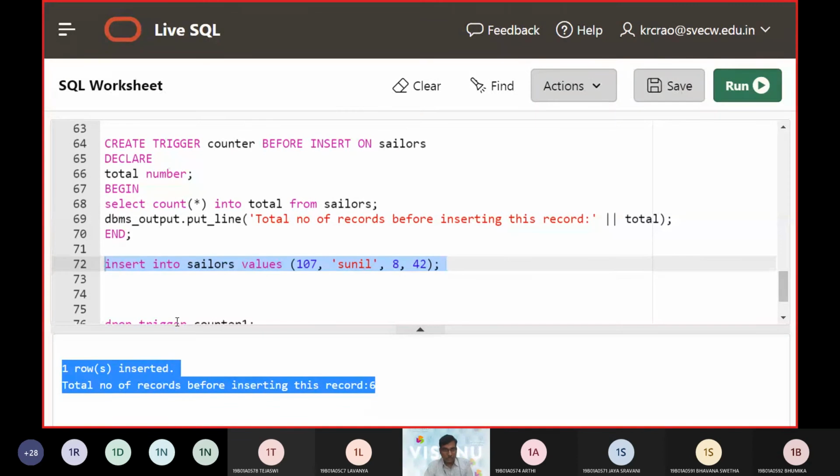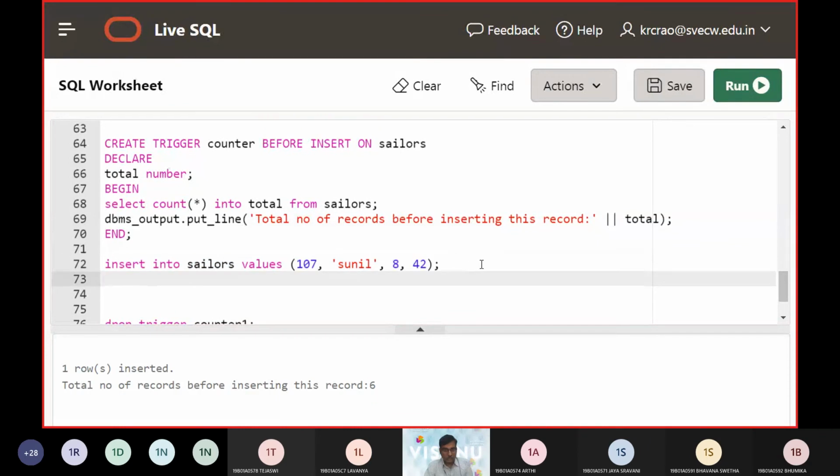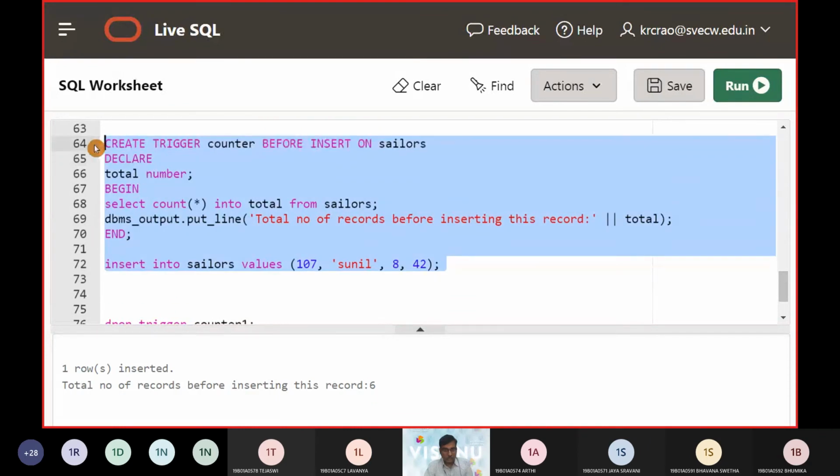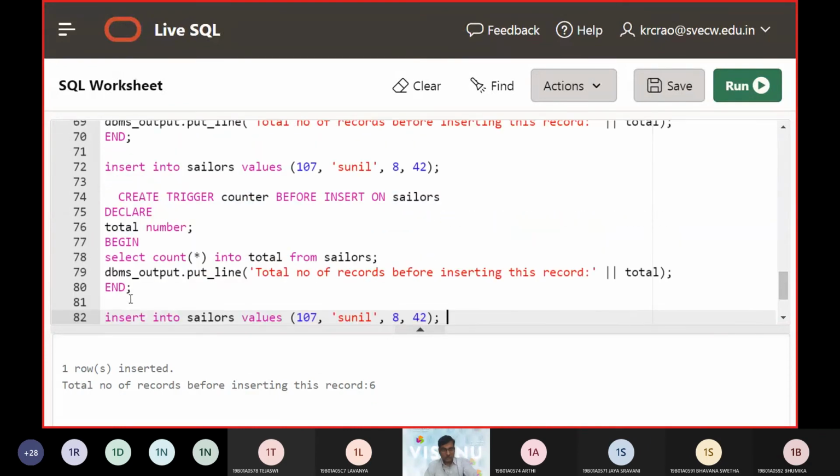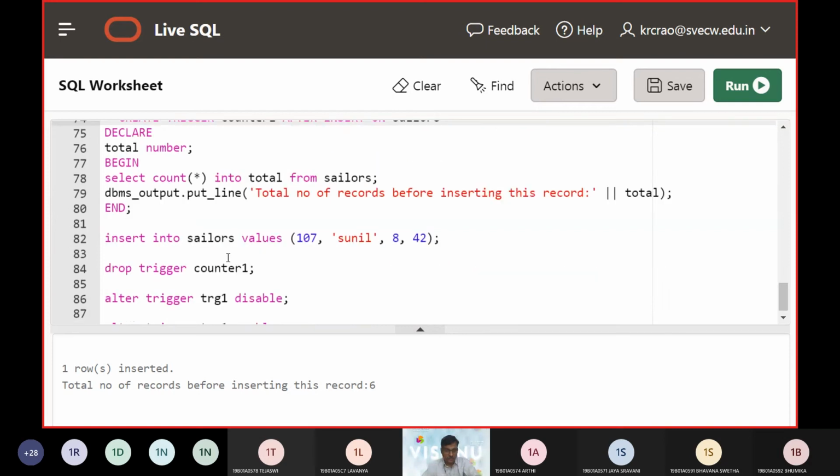Now let us experiment whether the same procedure can be treated in another way. So I am going to call it counter 1. Then I will change it to after, and I am going to use the same variables.